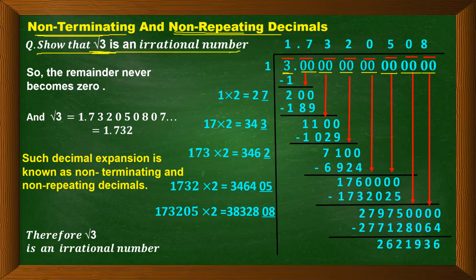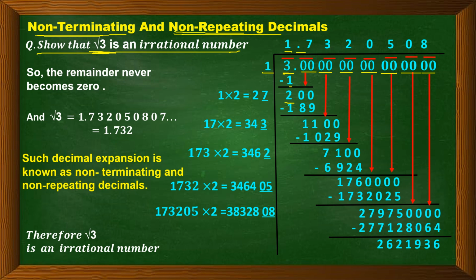Now, as we know, we are going to start with the first period, that is 3, and think of a number whose square is either less than or equal to 3. So 1 is closer to it because 2 into 2 is 4, which is greater than 3. So let us stick to 1. 1 into 1 is 1. Now 3 minus 1 is 2. Right, now we are finished with the whole number part and we are going to start with the decimal part.